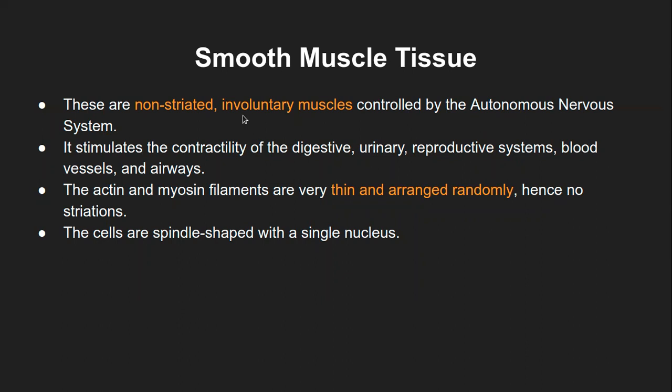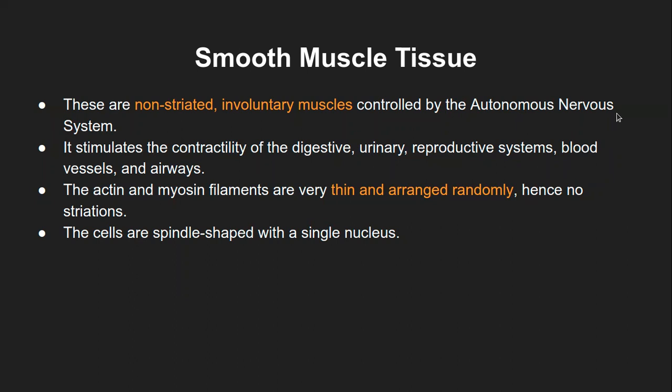So they are also called involuntary muscles because they are not controlled by our will, but they are controlled by the nerve impulse or the hormonal action. Like we had discussed, these two actions of the body, one can be through nerve regulation and the second through hormonal regulation. Both of these actions make these muscles involuntary, so we cannot really control them that way. And they are controlled by the autonomous nervous system.